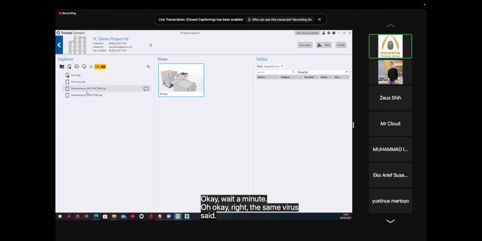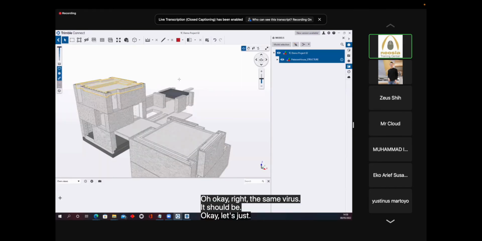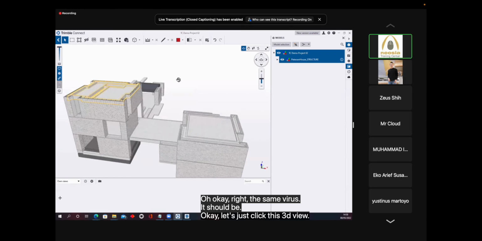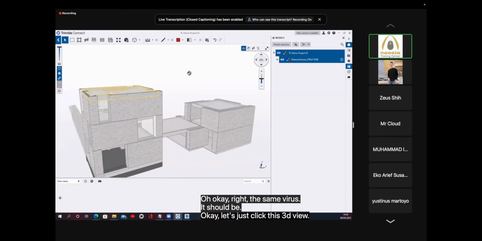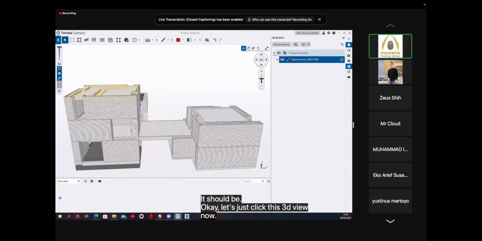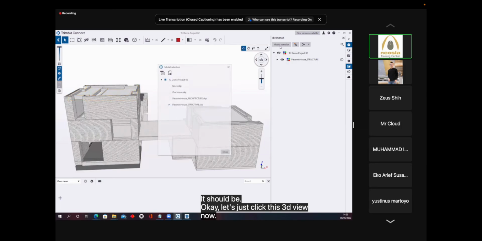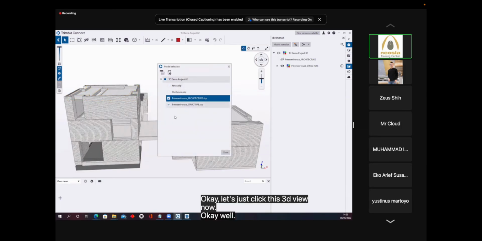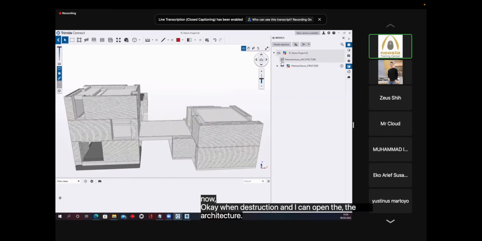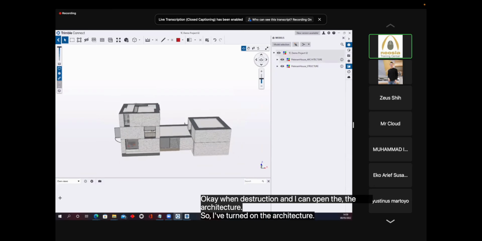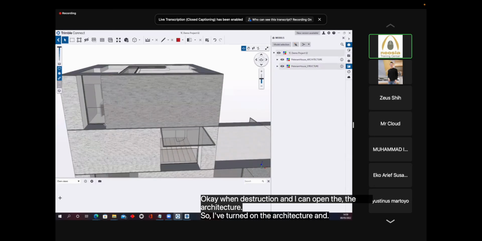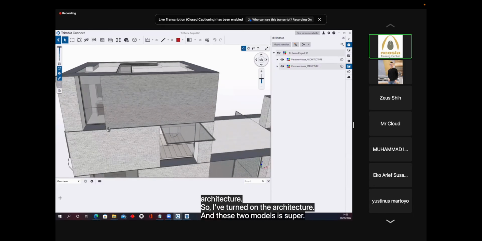It should be okay. Let's just click this 3D view. Okay, model selection, and I can open the architecture part. So I've turned on the architecture, and these two models are superimposed in